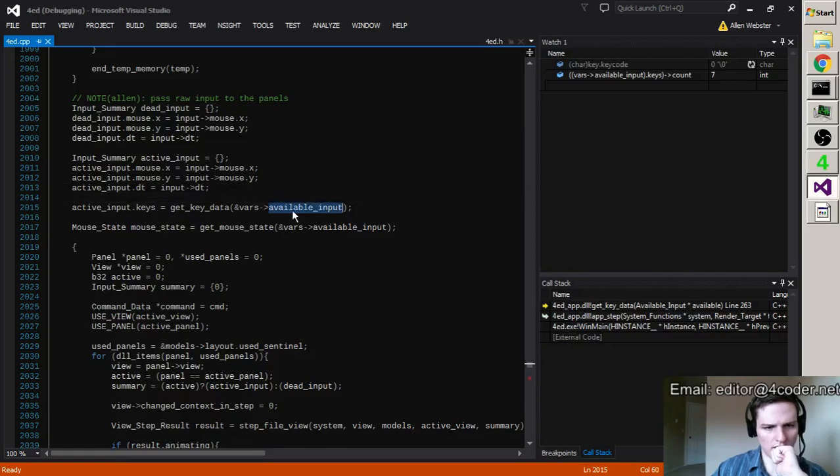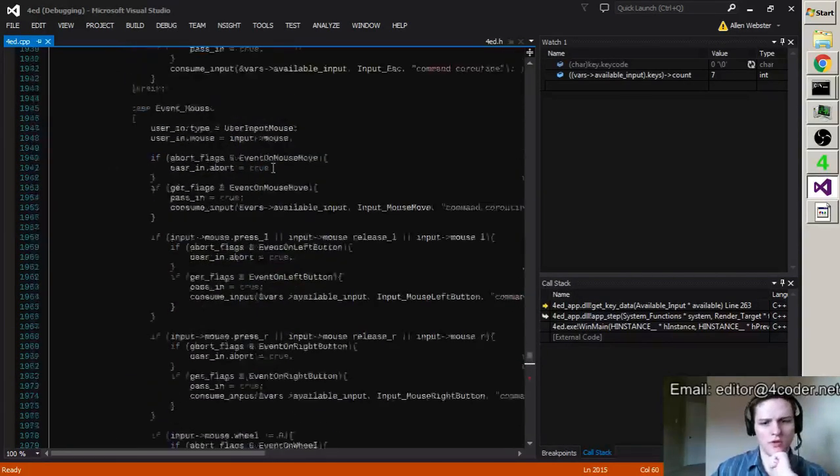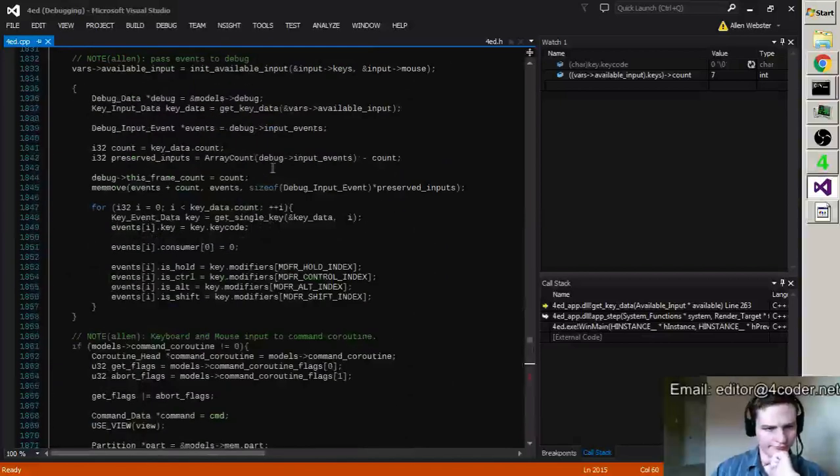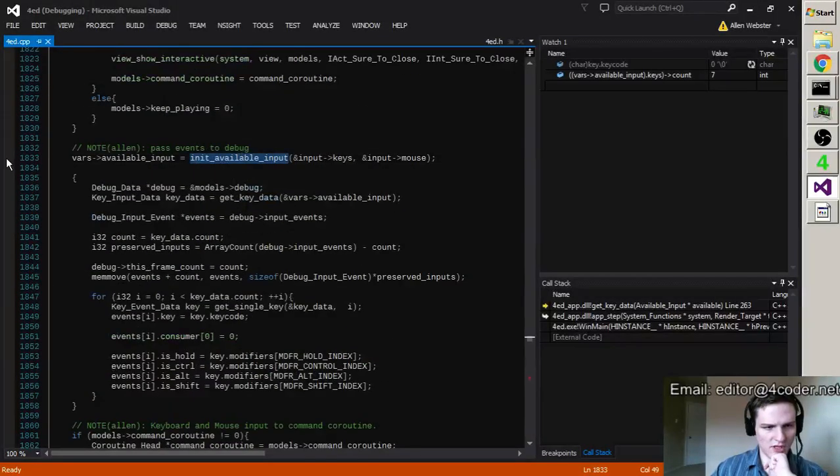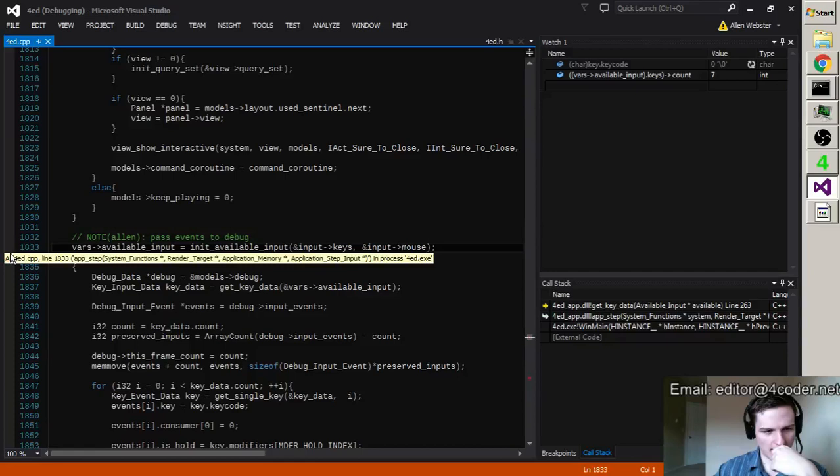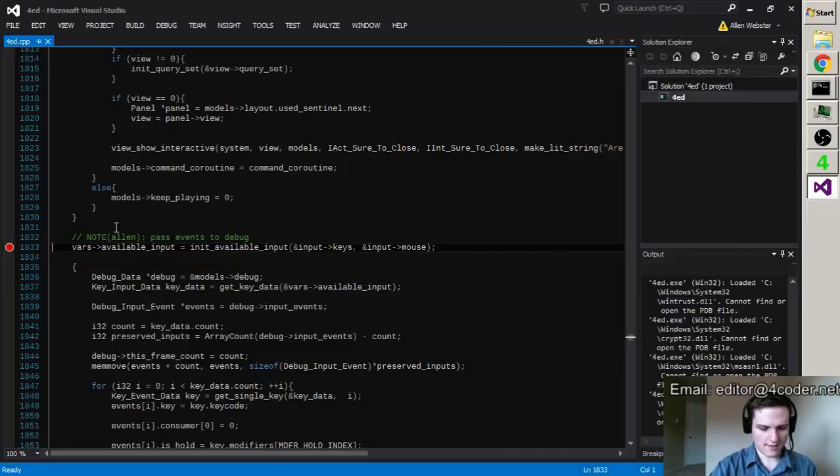Yep, they have that idea. Available input. Where did that come from? Here it is. Input keys. Okay, so even that has this idea that these have these ones in them. How did it... What?